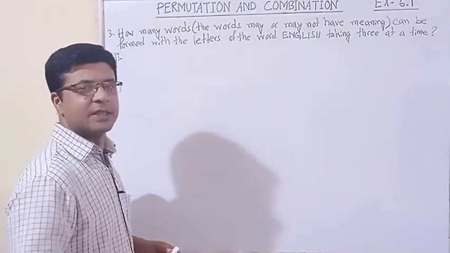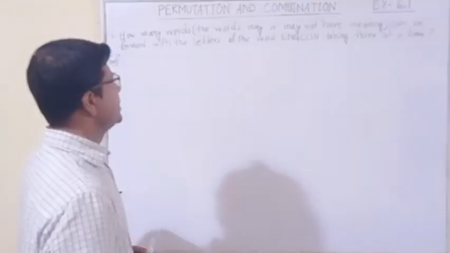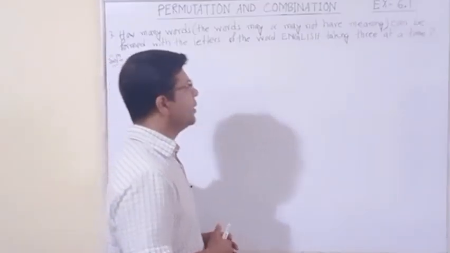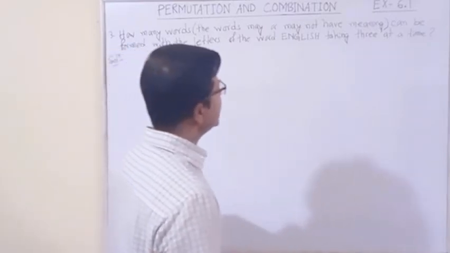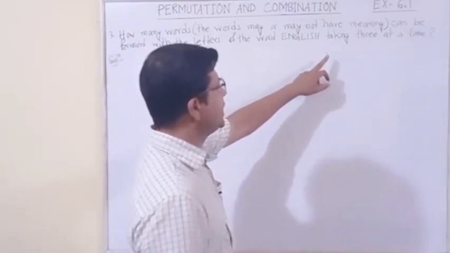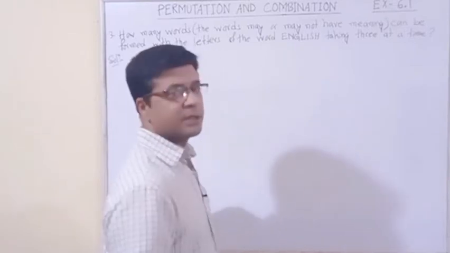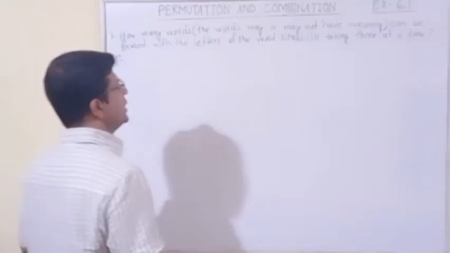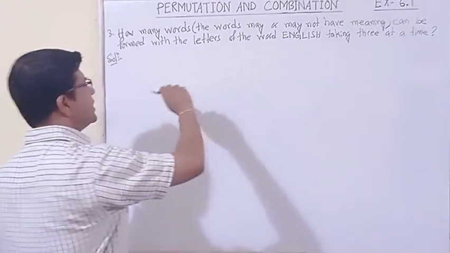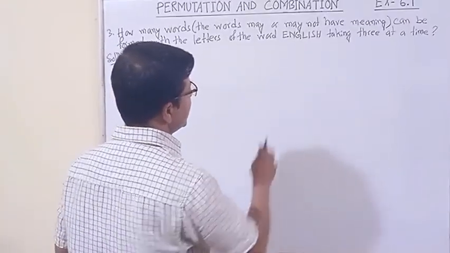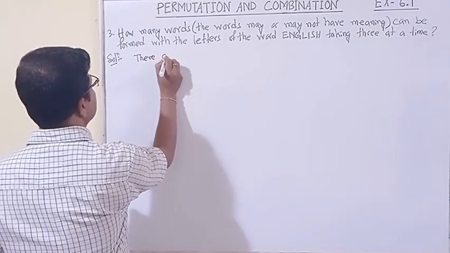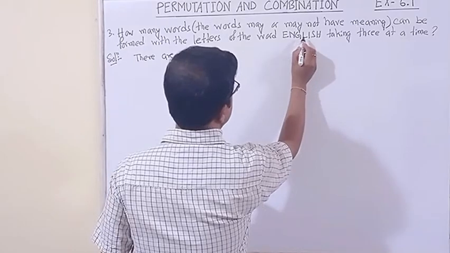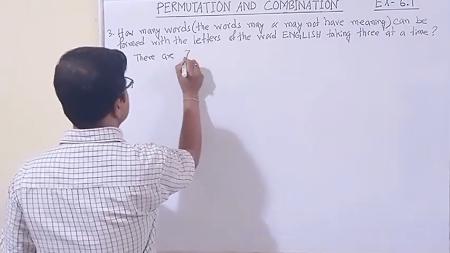Have you understood? My beloved students, we have taken question number 3. Let us read the question. How many words, which may or may not have meaning, can be formed with the letters of the word ENGLISH, taking 3 at a time? At first we have to understand what is the meaning of this. Before understanding this, how many letters are there? If we count, there are 1, 2, 3, 4, 5, 6, 7. 7 letters